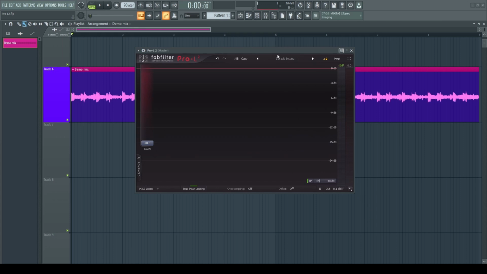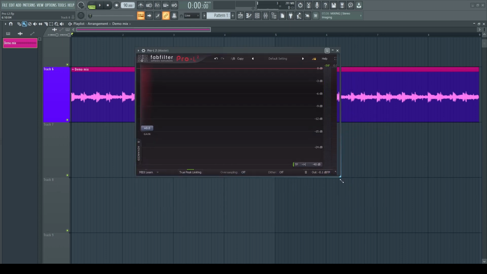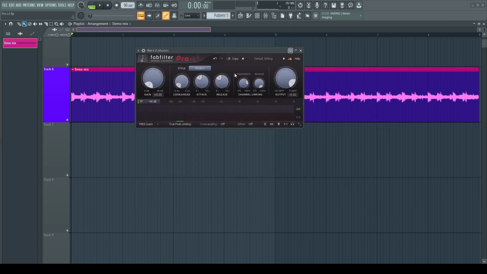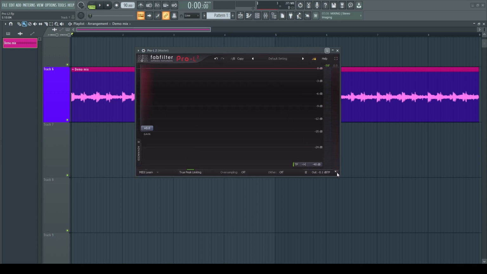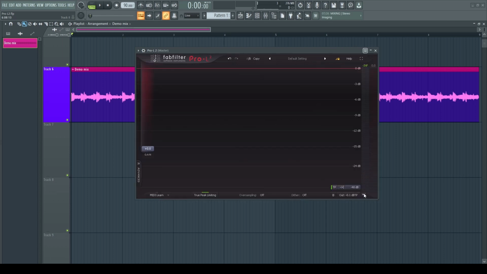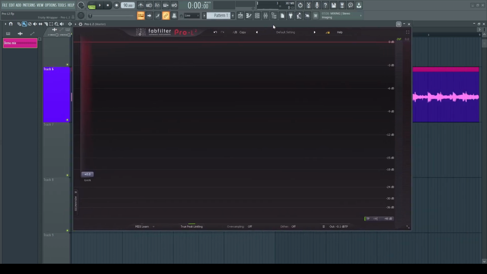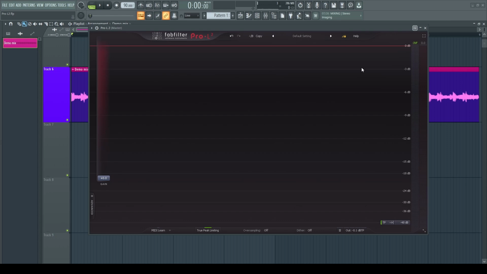So you have custom size, which you can set directly like this. Next, you have compact. In compact, you don't have the display. Next, we have small. It will come with the display, and this is the smallest size you can get with the display. Medium and large are the largest you can get within the DAW.